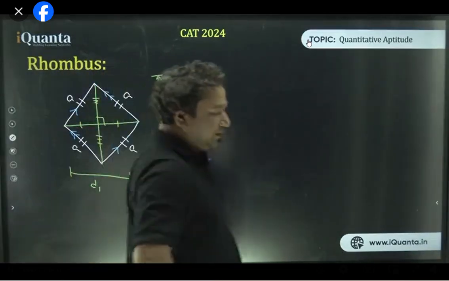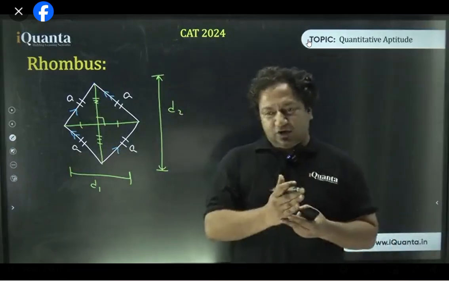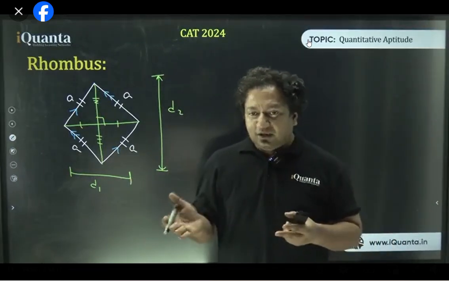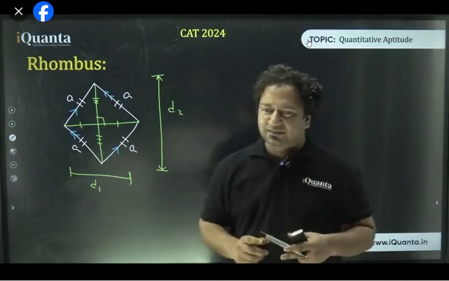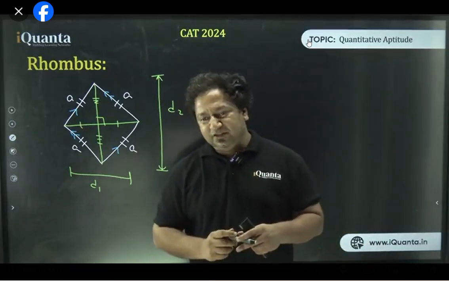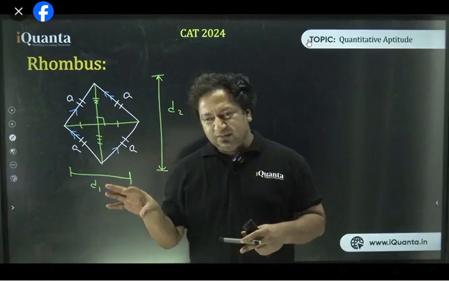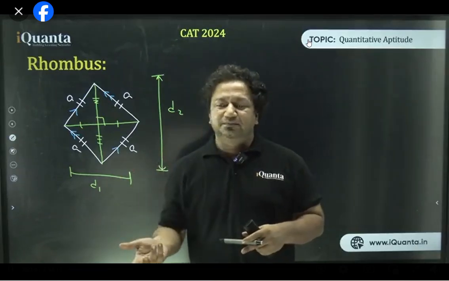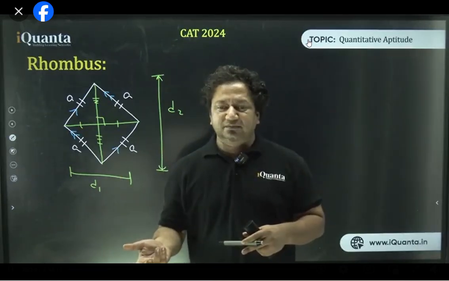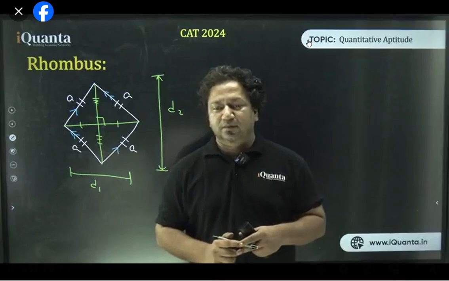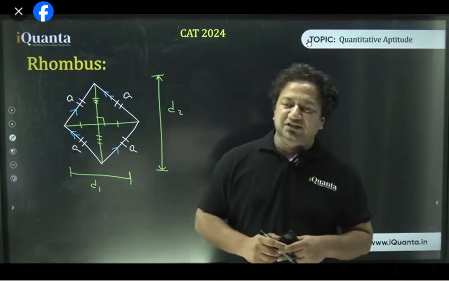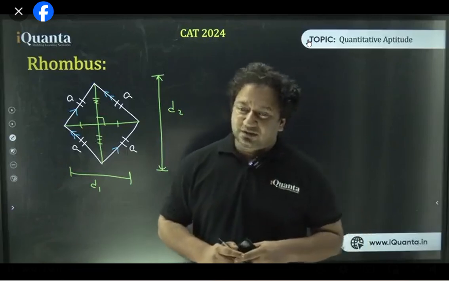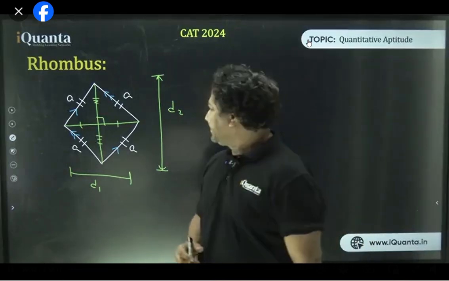एक चीज और बोल सकते हैं. देखो, जो मैंने दो बातें बोली थी, क्या बोला था? Rhombus is a tilted square, square is a straightened rhombus, or I can also say square is a rhombus whose diagonals are equal. Can I say that? समझ में आ गया? Squares are those rhombuses whose diagonals are equal. Is that clear, everyone? Can I say कि rectangle और rhombus की शादी हुई थी, तो जो बच्चा पैदा हुआ वो square था? Can we say that? Yes or no?